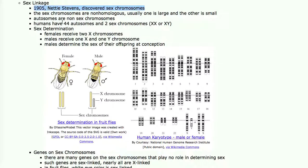44 of the chromosomes are autosomes, meaning they don't determine gender. 2 of the chromosomes determine gender, and they're called sex chromosomes. In sex determination, females get 2 X chromosomes, that's why they're female. Males get 1 X and 1 Y, that's why they're male. It turns out males determine the sex of their offspring at conception, depending on whether they hand down the X